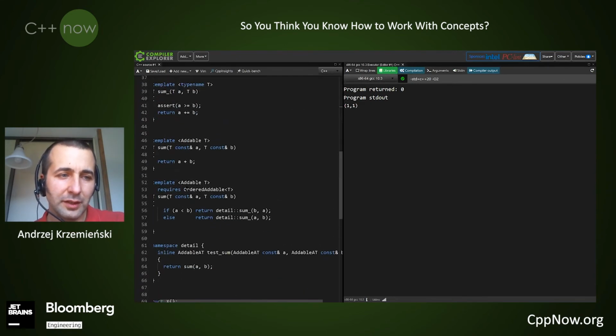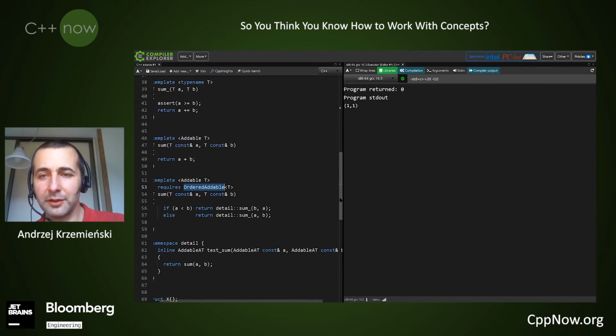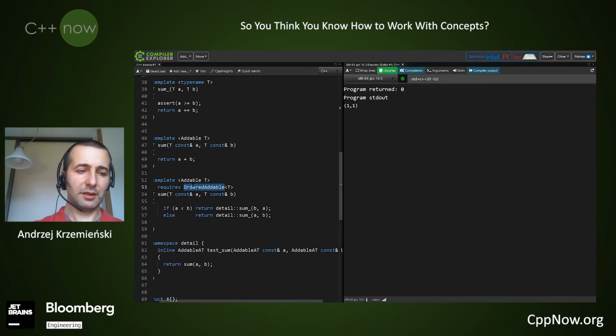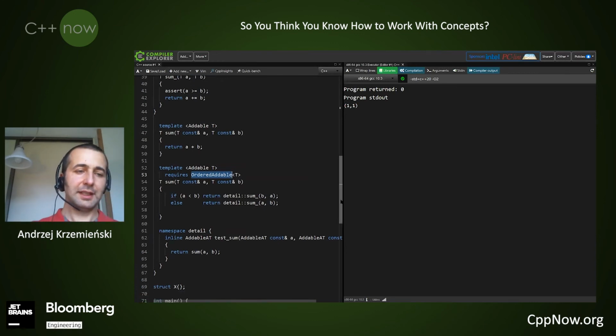So which one should we choose? Just to go with totally ordered here, or to introduce another concept here? And in fact, as it should become clear towards the end of this talk, this is actually the only option. Using the other with just requires totally ordered is not an option if we want our library to be correct. But for now, you have to trust me with this.